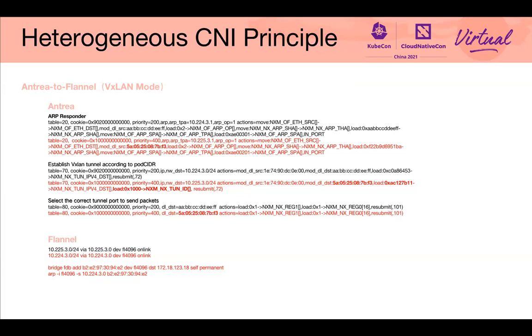In entry to entry mode, the source MAC address will be modified to a global MAC address, but in entry to Flannel scenario, the source MAC address will be modified to the Flannel with type device, because the Flannel cannot deal with the global MAC address. And for table 70, it's similar to the entry to entry flow table, but the difference is